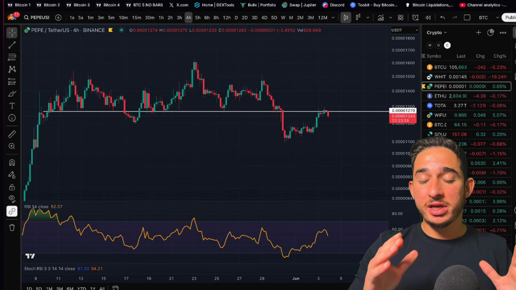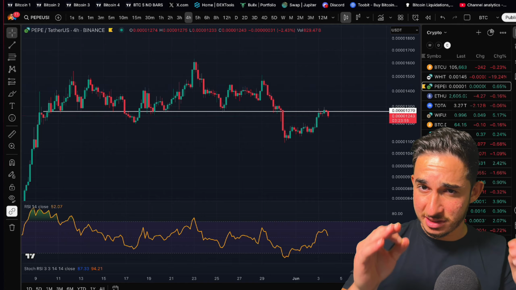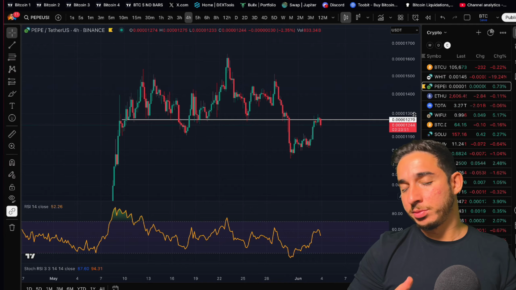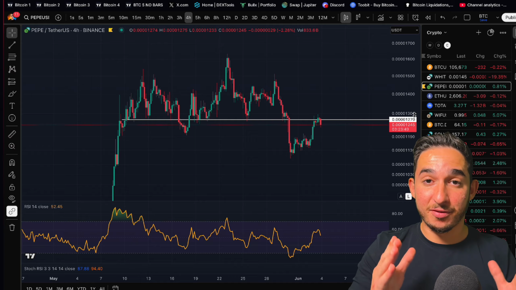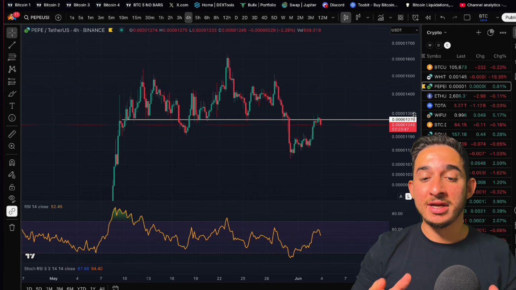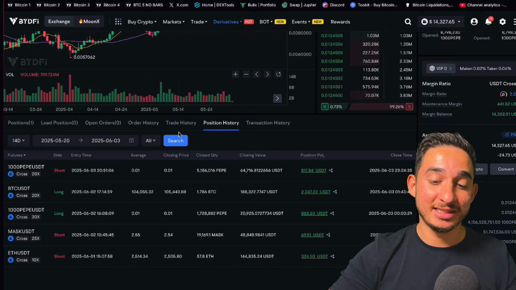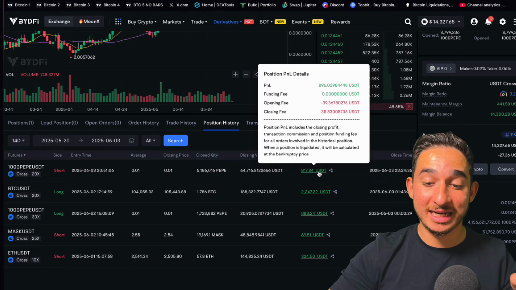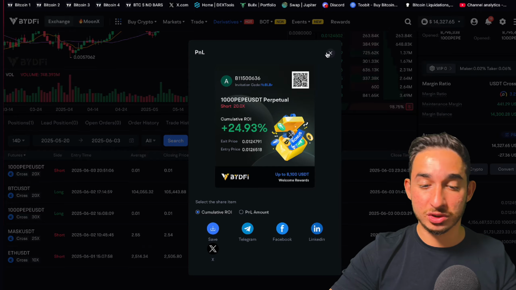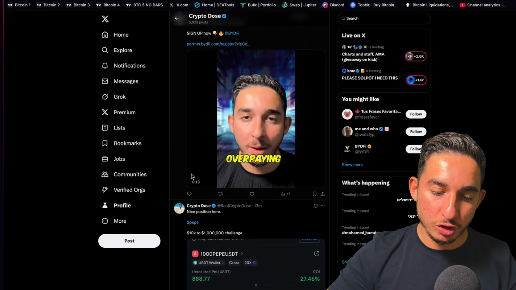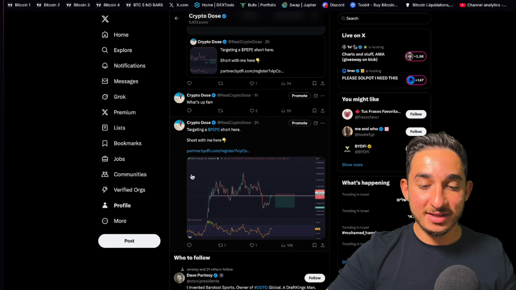Well, if we have a look right here, this is very, very simple. I'm just going to give a simple trade using supply and demand. You guys can see right here that obviously crypto is in a downtrend, except for Bitcoin. Altcoins have been in a downtrend. And this is an example that I took on a trade. Not only did I take this trade earlier, you guys can see I closed at $874 profit. If we have a look right here at my Twitter and we scroll down, I did say right here,